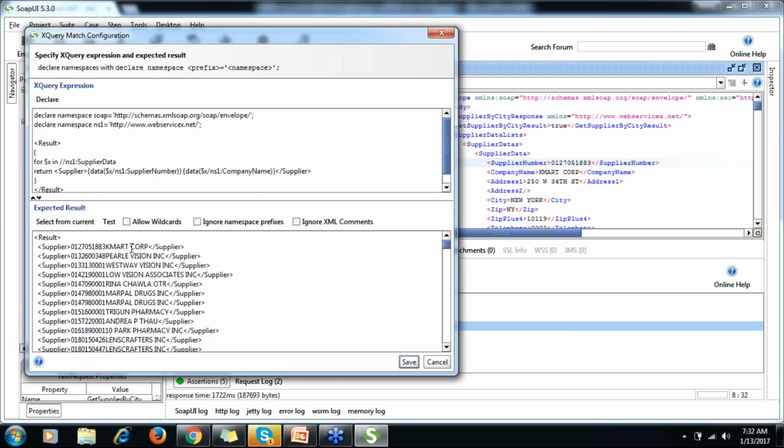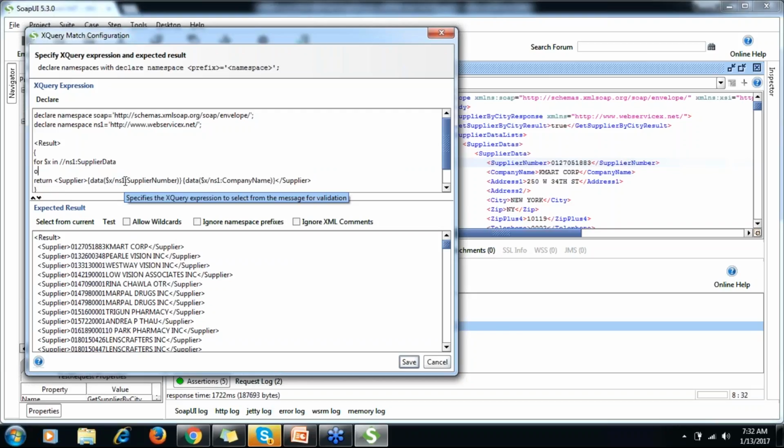So you can play around with this XQuery. You can get your data in a different way, however you want it. Okay, in a similar way, currently you can see it may or may not be in order. So I can also do that.